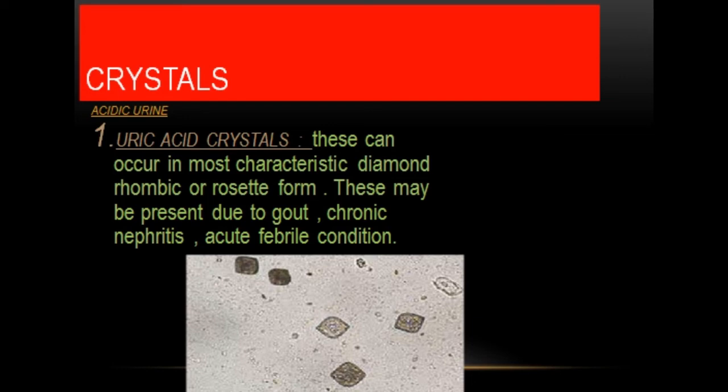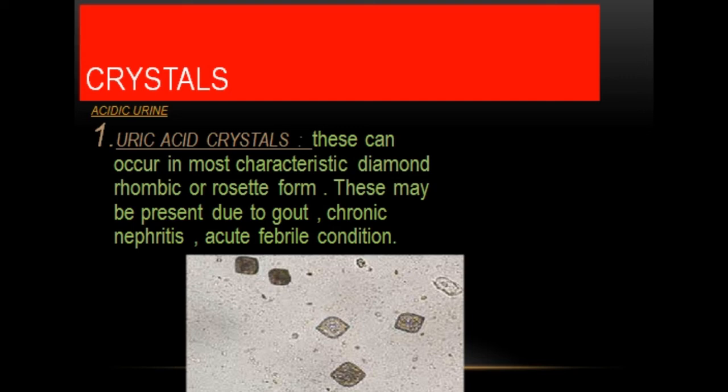Uric acid crystals are of diamond or rhombic shape, and normal urine also contains this type of crystal. However, they may be indicative of increased production of uric acid, and this increased uric acid in the urine may be responsible for the formation of kidney stones. It may be a result of gout, or these crystals may be formed due to certain chemotherapeutic agents, or due to tumor lysis syndrome they may be present in the urine, and they have certain symptoms, and these symptoms are